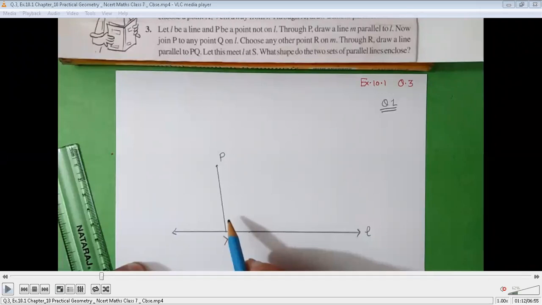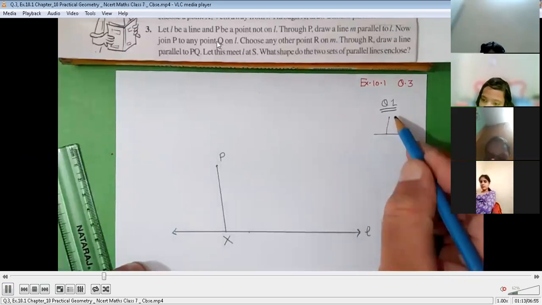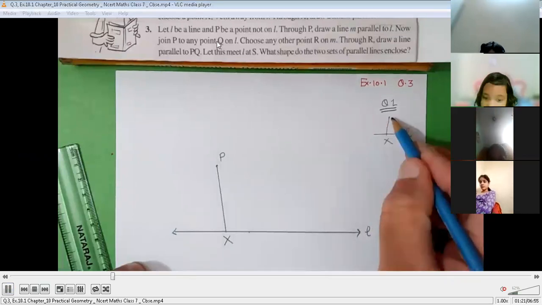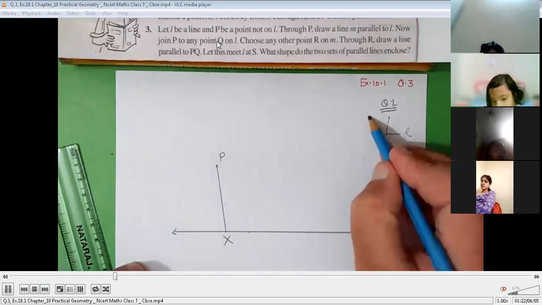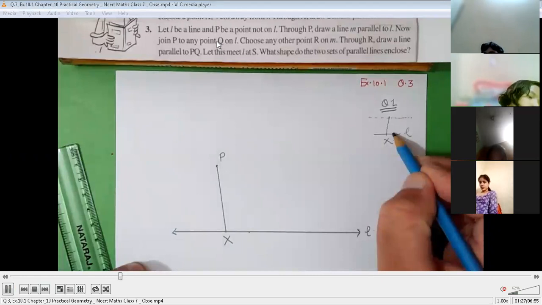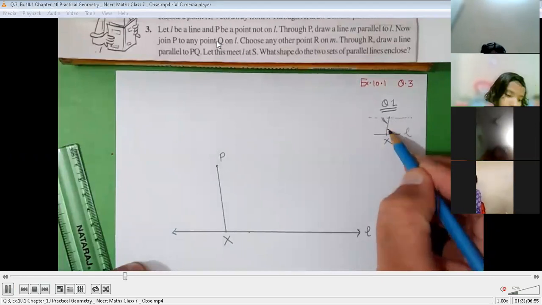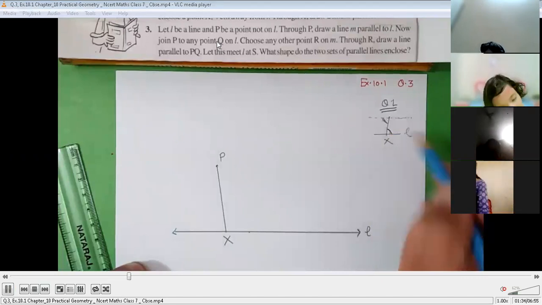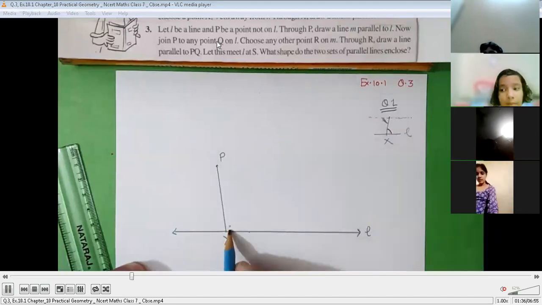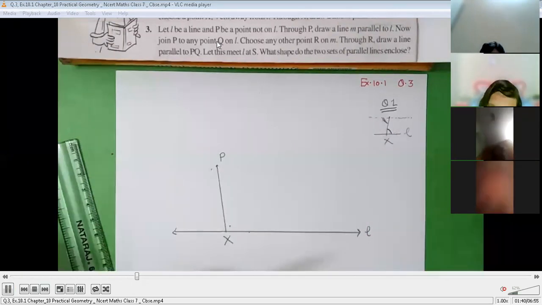Okay, now moving forward, what do we have to do? We have taken a point L and we have drawn a transversal line over here and we have to draw a parallel line M. Now, for that what we need is that the alternate interior angles should be equal, as we have done in question 1. The alternate interior angles should be equal, then only our lines will be parallel. So these are the 2 points where we have to draw the alternate interior angles.